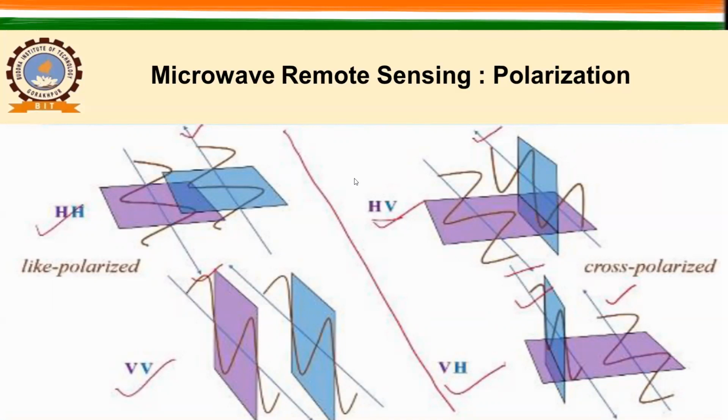So if we divide this into two groups, that is HH and VV, they are known as like polarized, and HV and VH are known as cross polarized. I hope this is clear to you all. Now here we have seen all the four cases, but can we get some additional information by changing this polarization, whether in transmitter or in receiver? So yes, we have some different information which we are using, HH when we are using HV and VV or VH. So what exactly we will get?